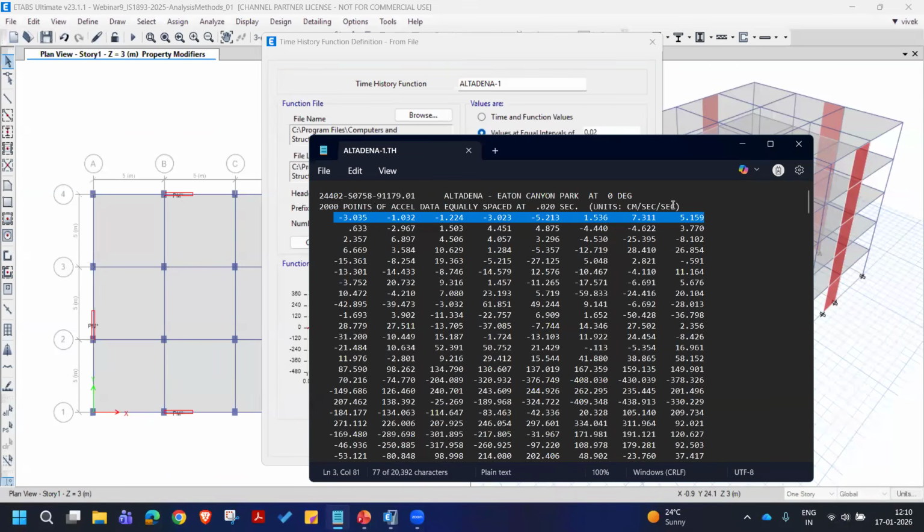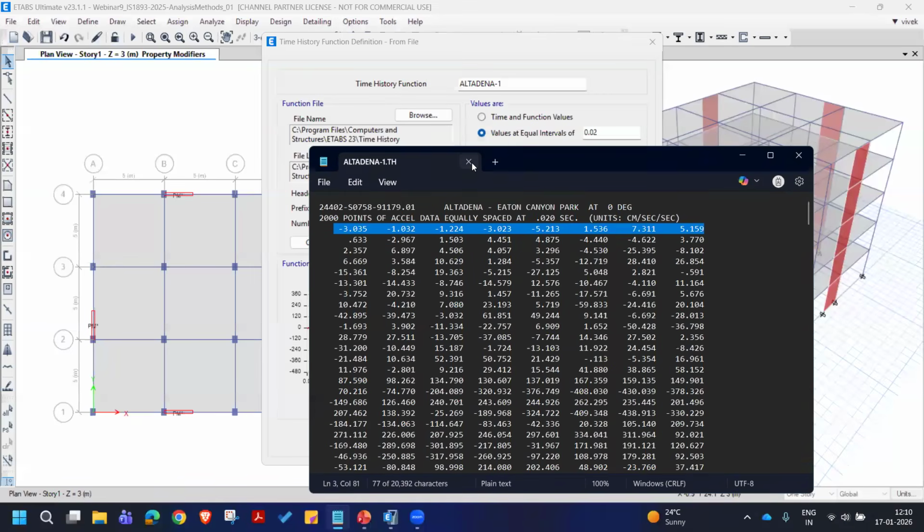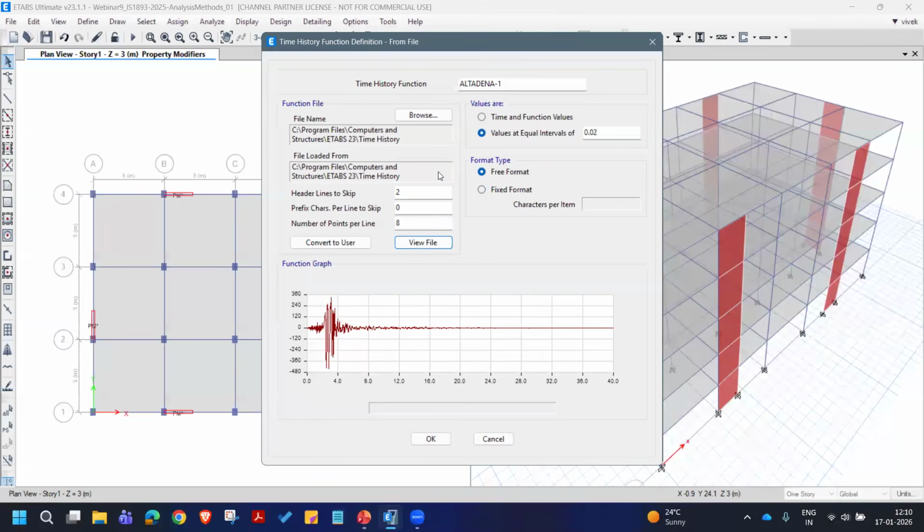So the program has an inbuilt capability of reading the various formats in which the time history data is provided from various sources. So you can utilize them. I'm going to use all of this information, but since it is a sample, so program has already filled these fields, header lines to skip, number of points per line, 8, and values at equal intervals of 0.02 seconds, right? So, and you can see the record, and it is for 40 seconds approximately,